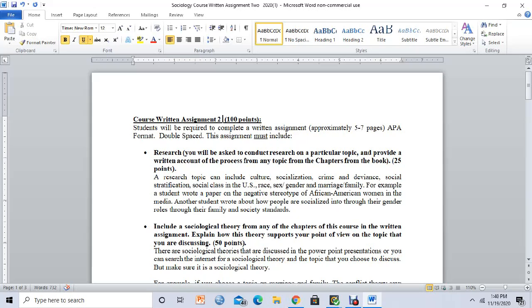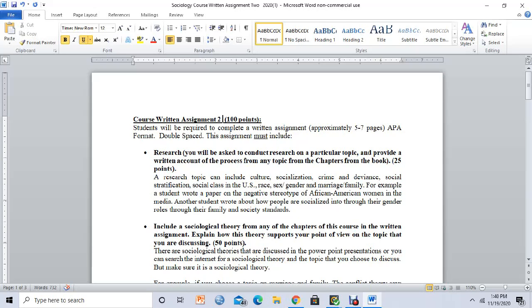Now, what it is that you have to choose a topic. So you choose a topic based upon something that interests you. I don't choose a topic, you choose a topic. So the topic is based upon anything that has to do with the chapters of the book that we've gone through. I also have the PowerPoint presentation, the lectures, the discussions, and everything, and you can access that information and say, okay, based upon any of the chapters of the book, you're going to choose